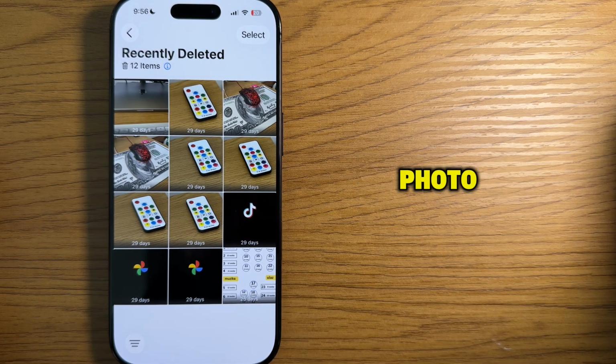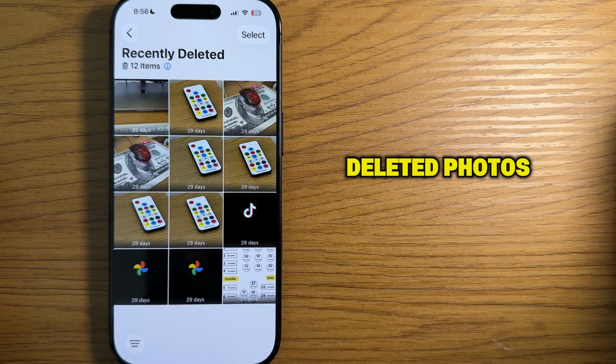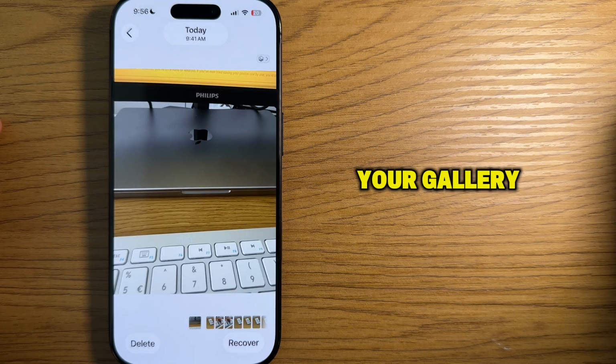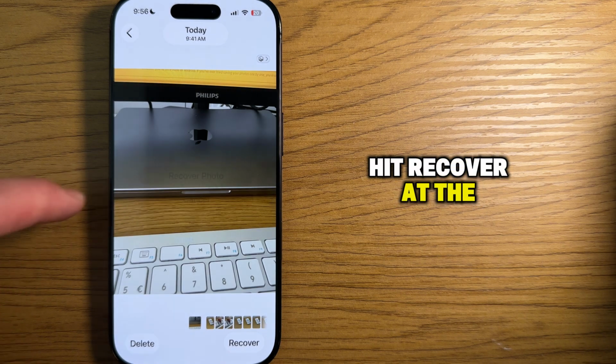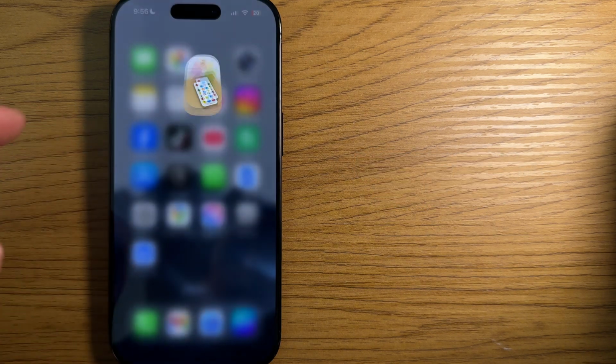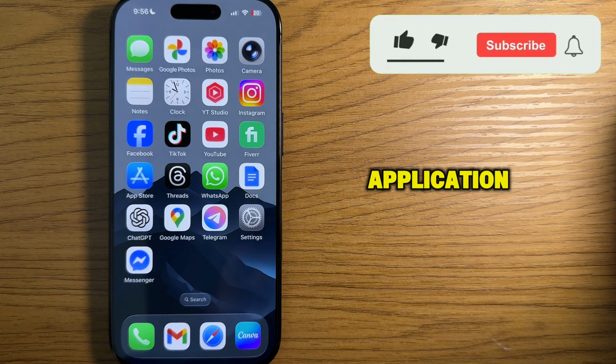Maybe you've deleted your photo from the main photo gallery and not from the Google Photos application itself, and those recently deleted photos will be somewhere in here. In order to get the photos back to your gallery, just open the specific photo, hit Recover at the bottom right, and that's it. These are the ways of recovering your photos from the Google Photos application on iPhone or